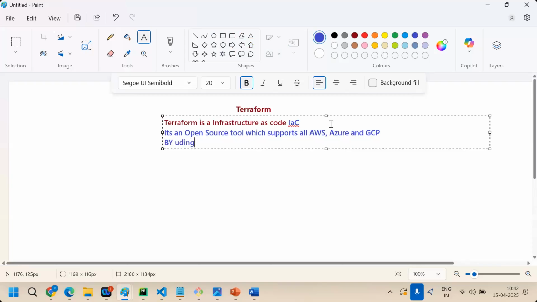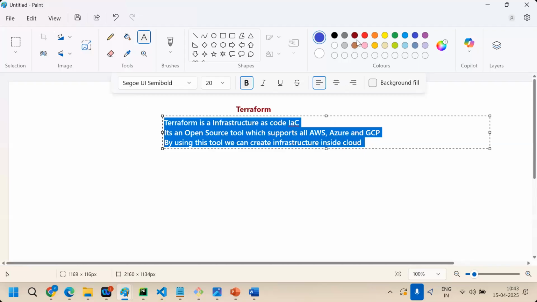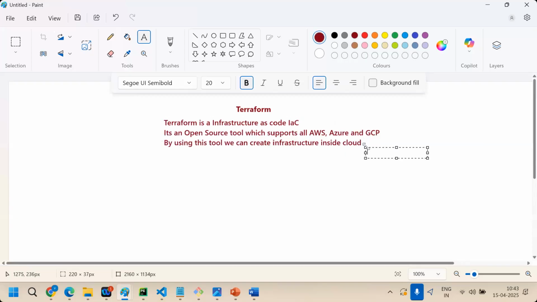So by using this tool, we can create infrastructure inside cloud.